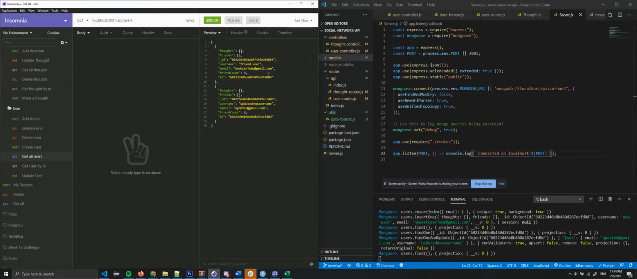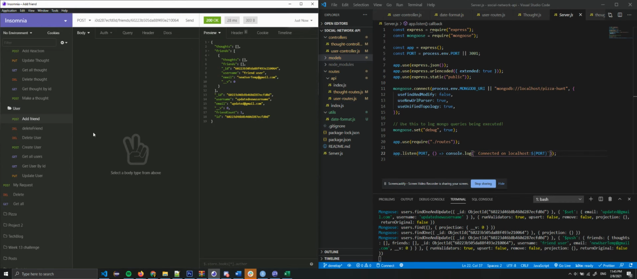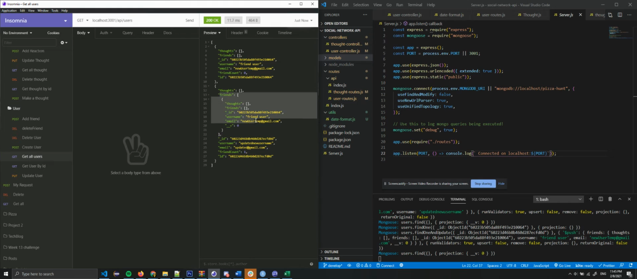So what if we want to give users friends? We can check this friend user and make him a friend of the updated new username. Going to add friend, we can paste this first ID in the first field. And going back here, we can paste the second ID in the second field to add these users as friends. There we go. So going back to get all users, we can see that this user is now a friend